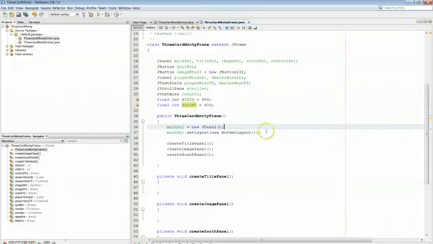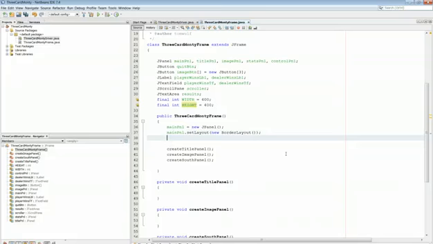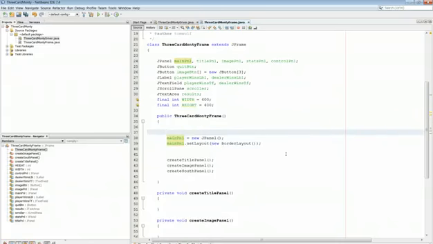Okay, so let's see what's going to happen here. We want to set the size on the frame. Recall when we create a frame with inheritance, this particular file which defines the frame is the frame itself. So you could say this dot set width, or set dimensions, but basically you don't need to use the this, so we can just say